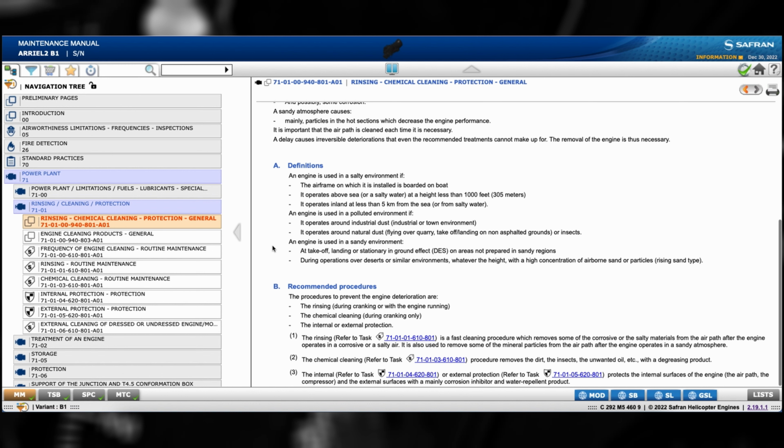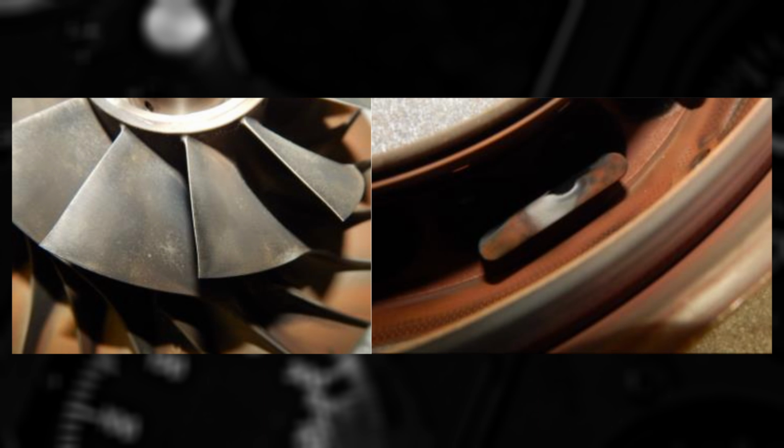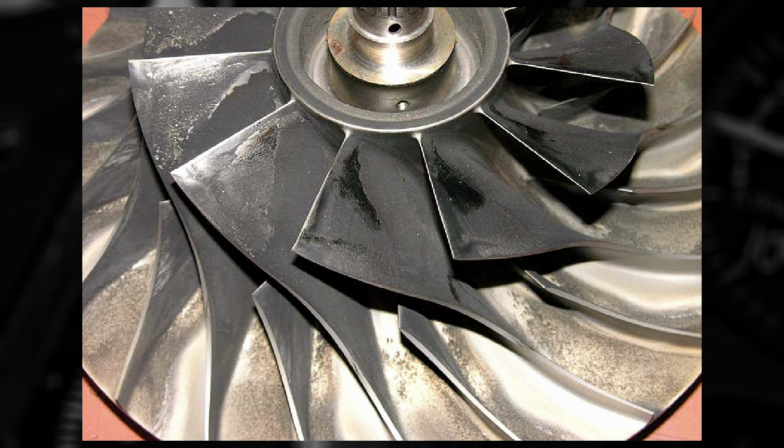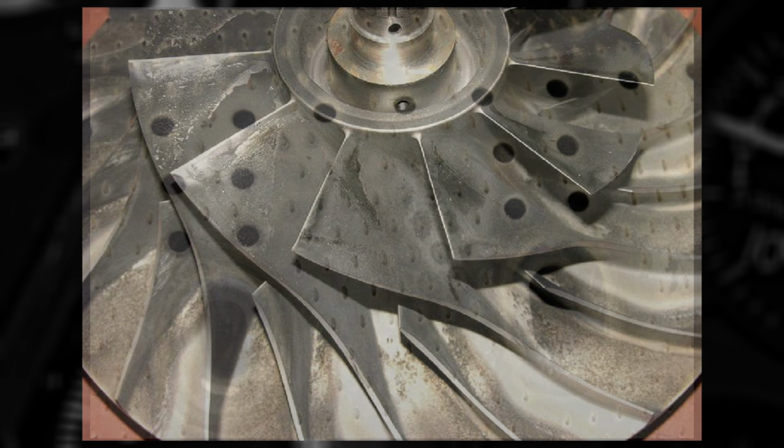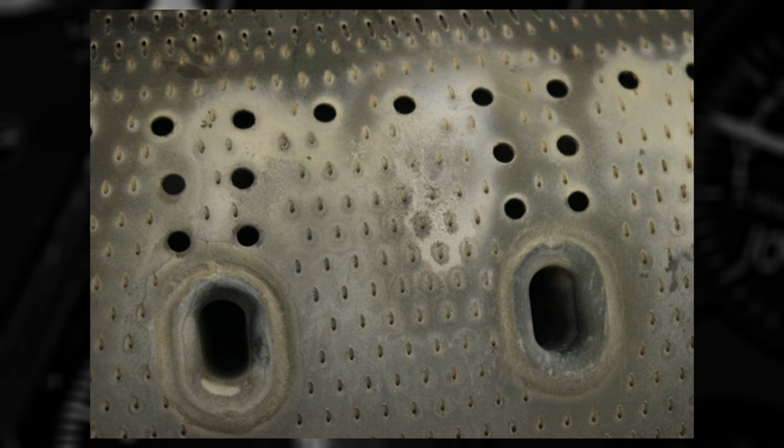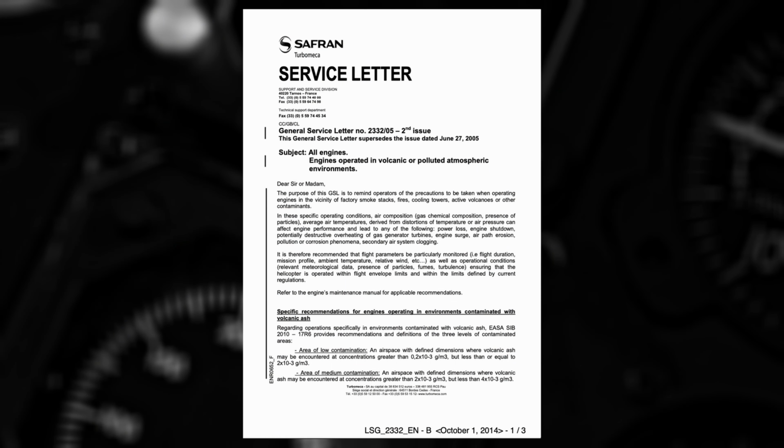Contamination from insects or industrial pollutants leads to the accumulation of deposits and corrosion with the resulting loss of performance. An engine is used in a polluted environment if the aircraft operates around industrial dust from an industrial town or environment. It operates in natural dust if the aircraft takes off or lands on unpaved areas, flies over volcanoes or quarries, or when insects can be ingested. This is a broad definition that could be applied to the vast majority of helicopter operators, since this is exactly what we do. General Service Letter